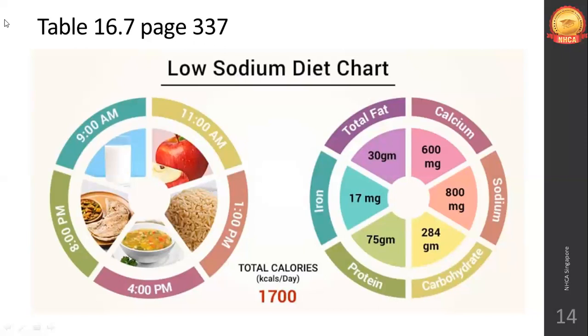So coming to the low sodium diet, table 16.7, page number 339, in the new textbook. The first section is the one you have to follow if you want to stick to a low sodium content in food, that is less than 25 mg of sodium per 100 gram. For example, things that you can use here as a part of your low sodium diet chart